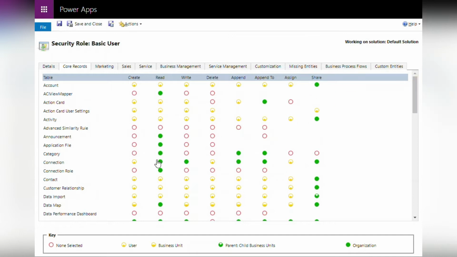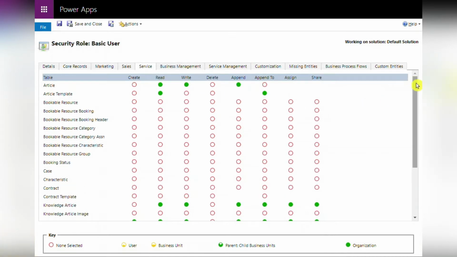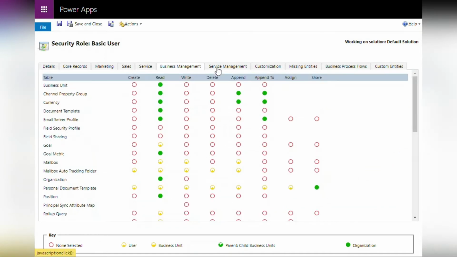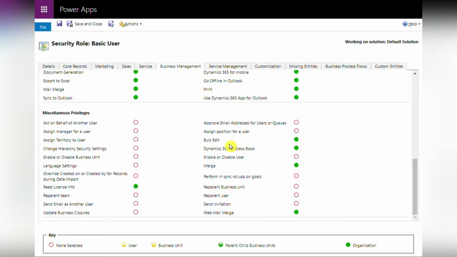Record level privileges define which task a user with access to the record can do, such as can it read a contact data, can it create an account data, can it delete an opportunity or lead, while task-based privileges give a user privileges to perform specific tasks such as publish articles, create quick campaigns, bulk edit,